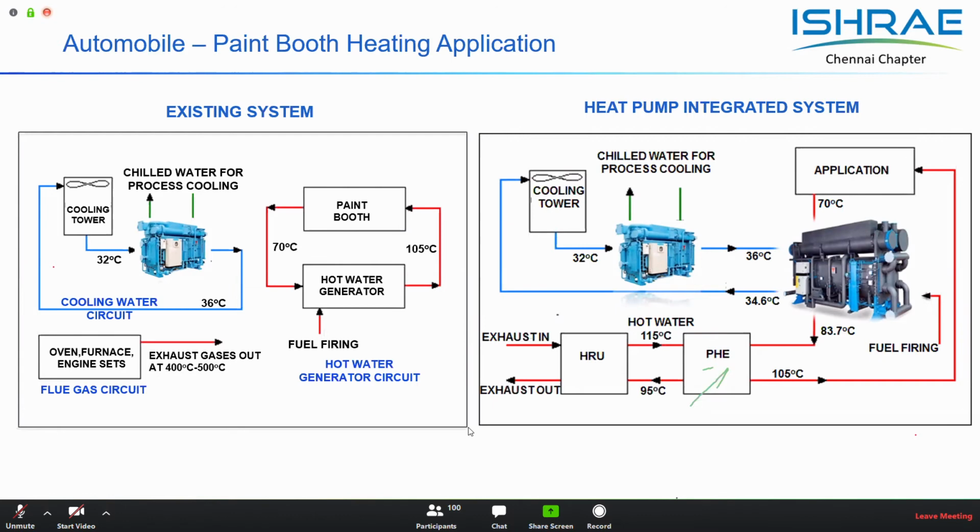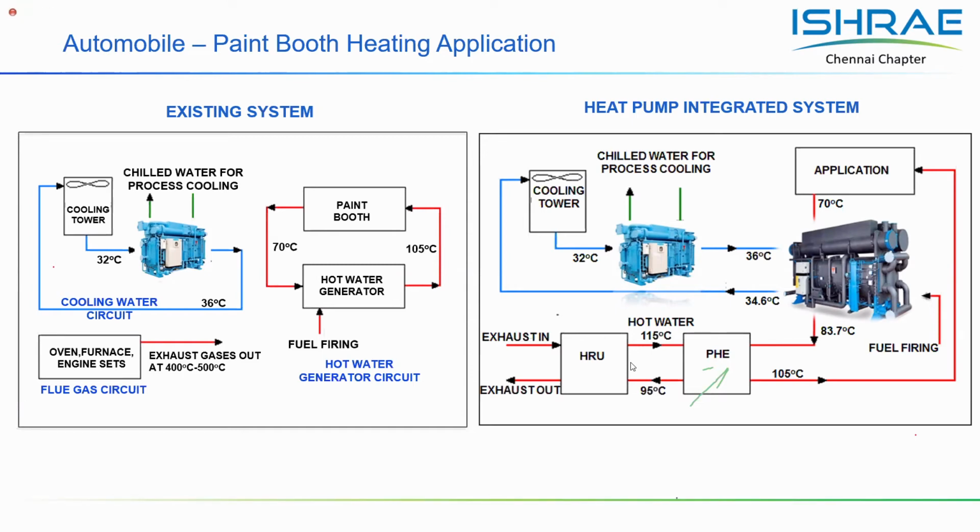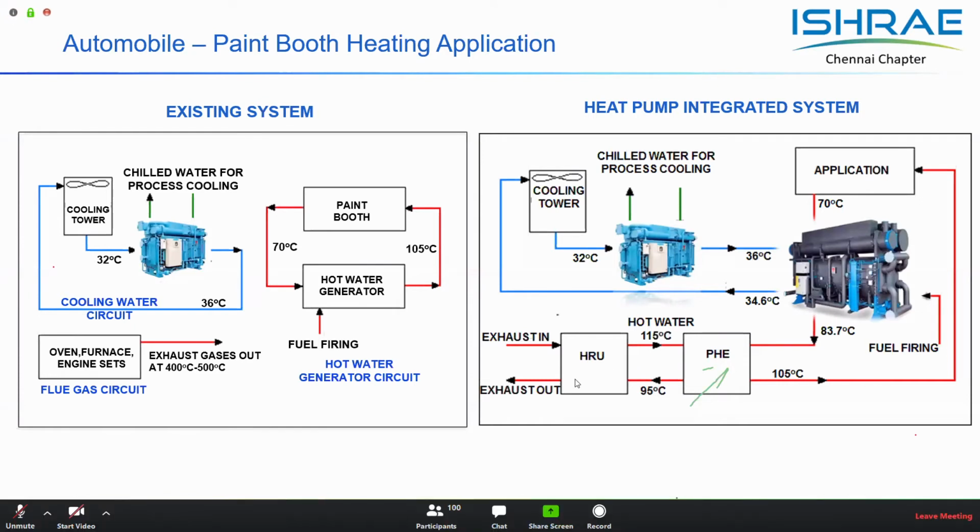Typically in automobile industries, they go for clean fuels like natural gas or propane or LPG, because any usage of solid fuel or liquid fuel can lead to a lot of suspended particles, which can hamper the quality of their product. The paint which comes out on the unit can get damaged because of that. So when you use such a clean fuel and the cost of the fuel is very high, a large amount of money is spent in just maintaining this paint booth system.